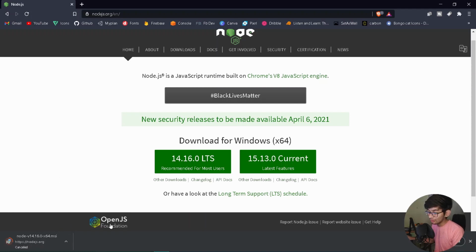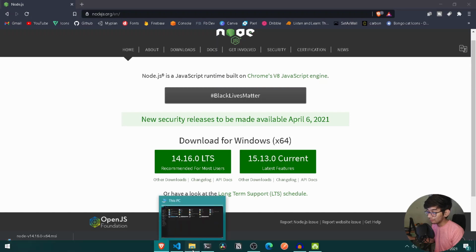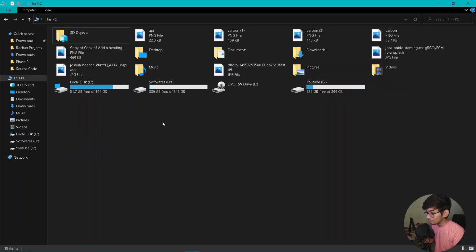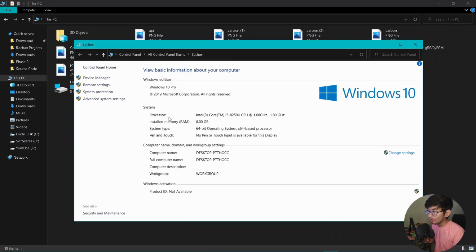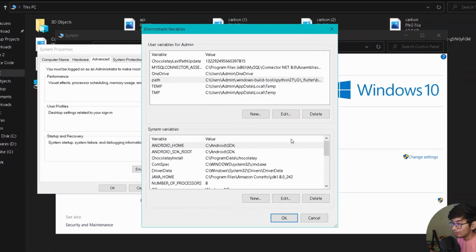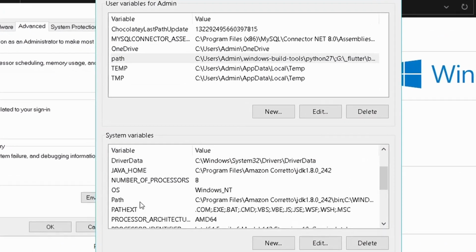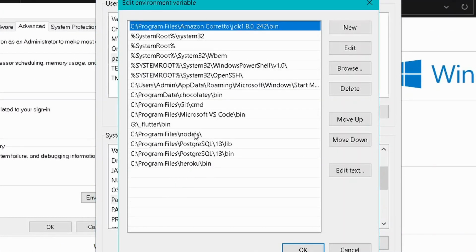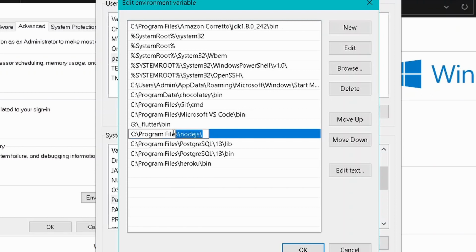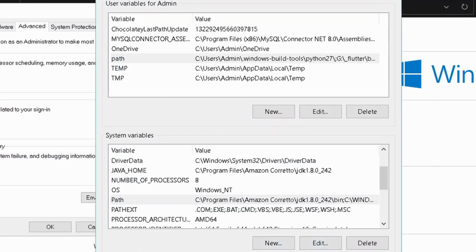So once you have installed Node.js, we should be moving under our My PC. And here you should be pressing right click and opening the properties of your entire Windows, and onto our properties move under advanced system settings, and onto the system variables let's move here, and here onto our system variables you should be adding the path of your Node.js where you have installed the following Node.js. This shall be helping us in operating Node.js over our command line, so you can simply press OK and OK